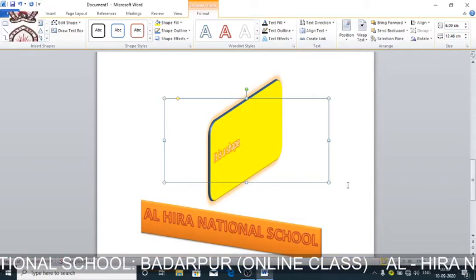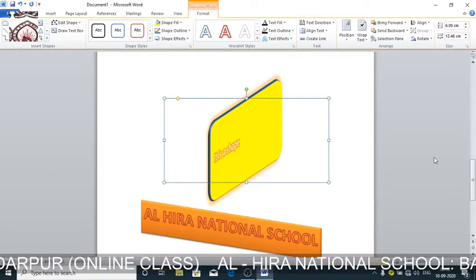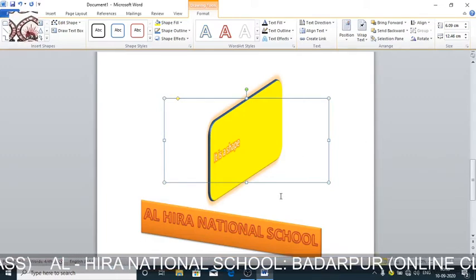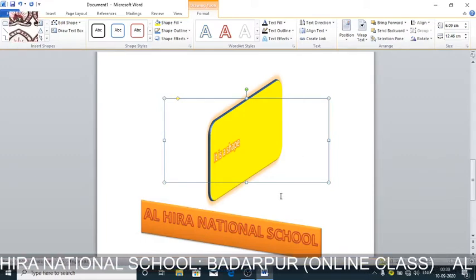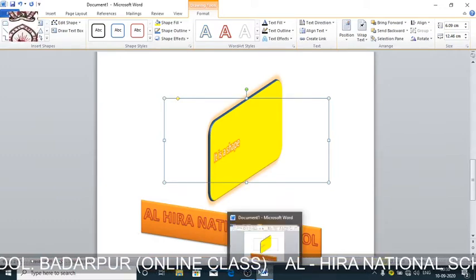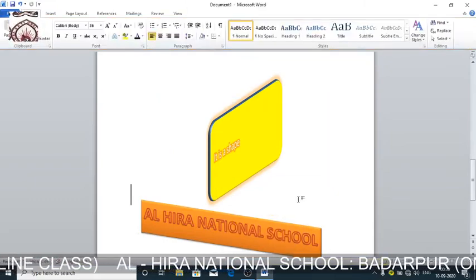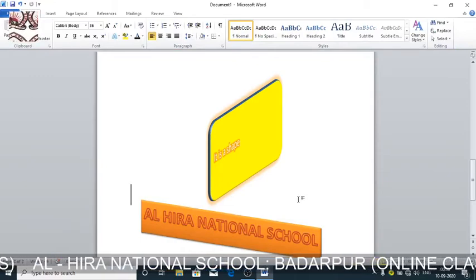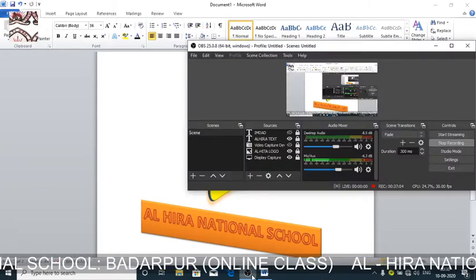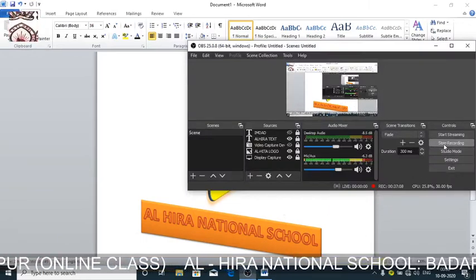So this was all about your chapter 5, other features of MS Word. Hope you have understood. If there is any problem, then you can call me, and I will try my level best to make you clear. But this chapter is basically practical based. So once the school reopens, you'll be doing it practically in the laboratory. Thank you, and so I'm concluding.